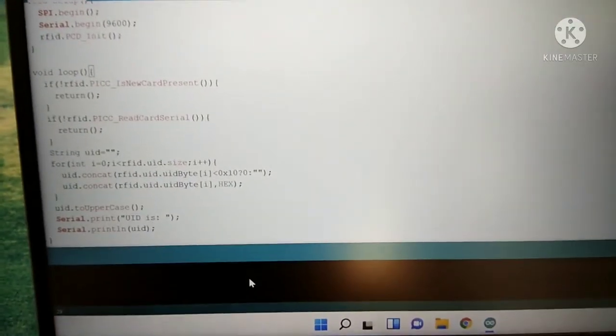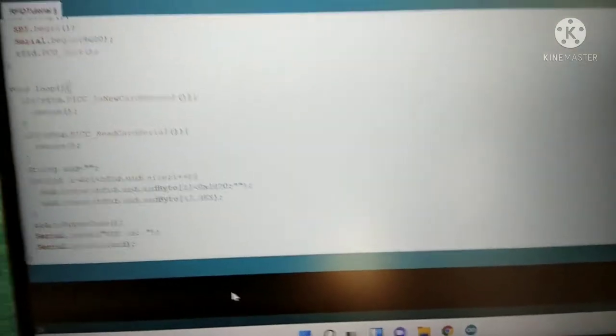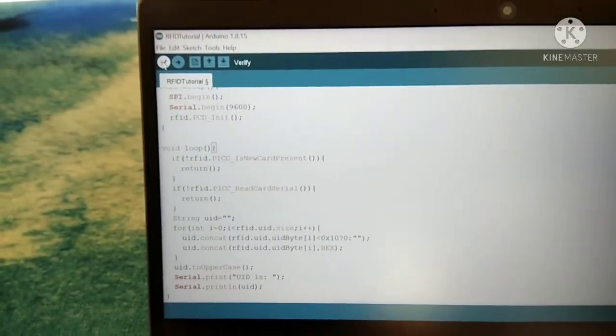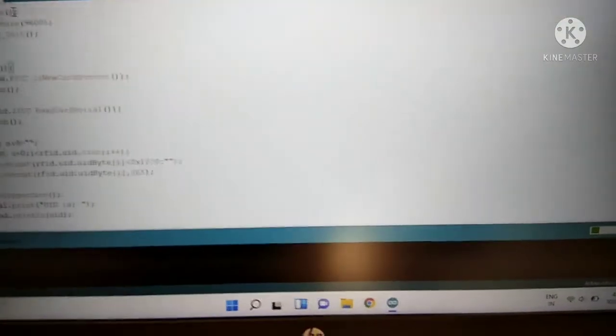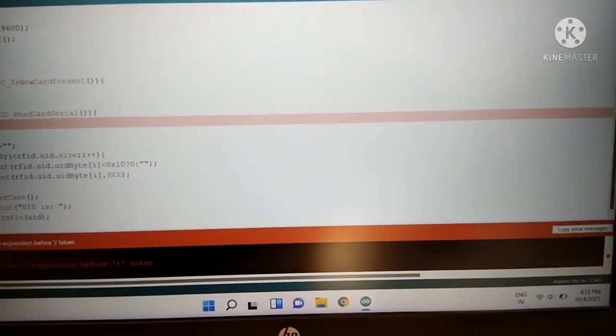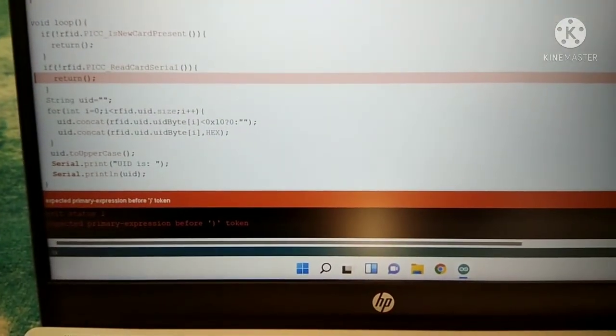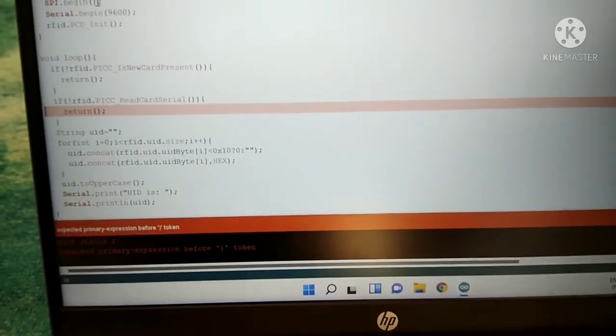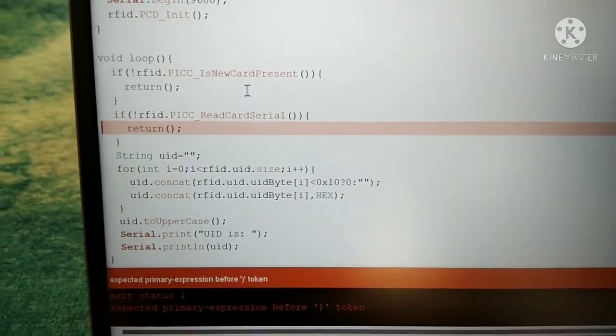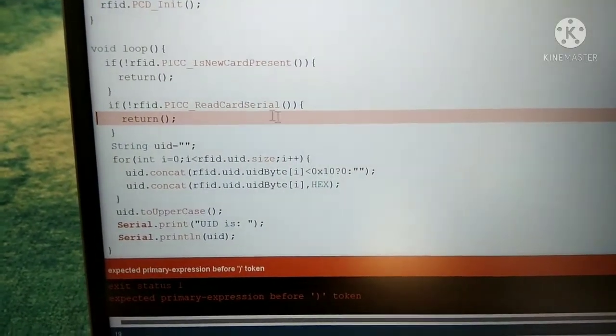So let's see how it works. First of all, the most important thing is that we will be verifying the code, like whether it has any bugs or not. Okay, so "expected primary expression before". So what, just 1 minute. If